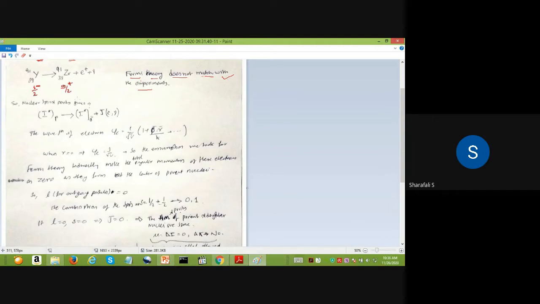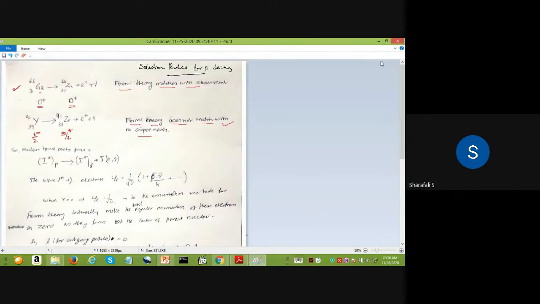Okay, so in this particular case, we have a different scenario for the Fermi theory analysis. If you take that Fermi theory analysis only for plotting that Fermi-Curie plot, then we can see that it is not following that Fermi theory. Only if you add that shape function will it give you that straight line.